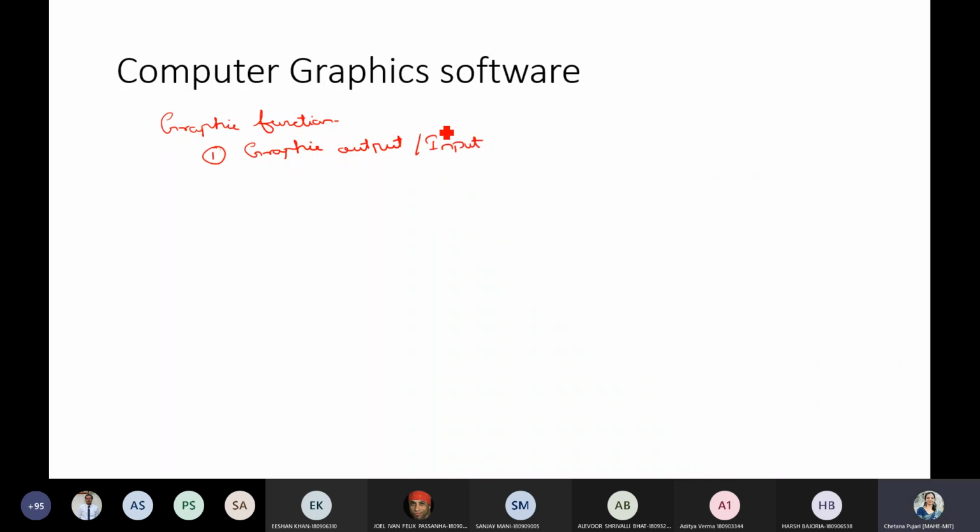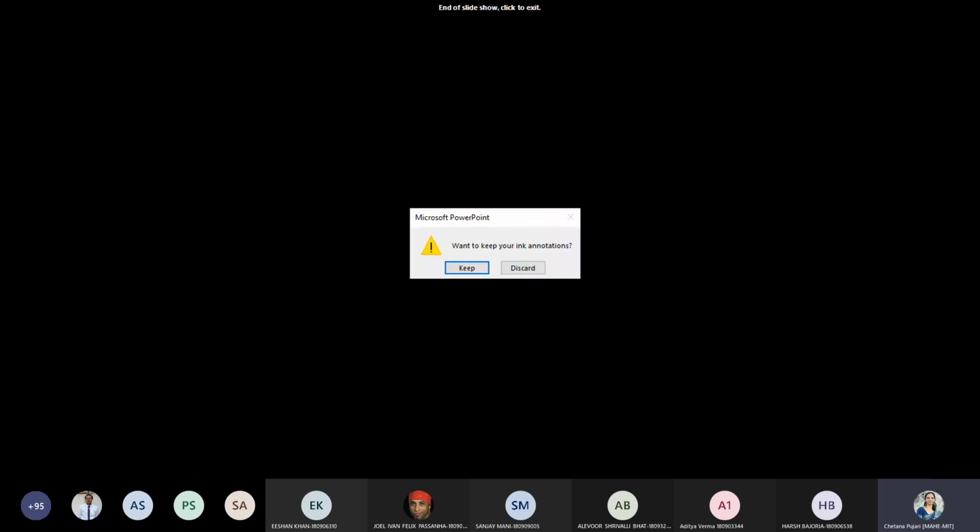Are you using a keyboard, mouse, or joystick, depending on the type of application you have developed. Okay. And then we have graphic output. I have not explained anything about this, right? Graphic output primitive, it is basically the geometric